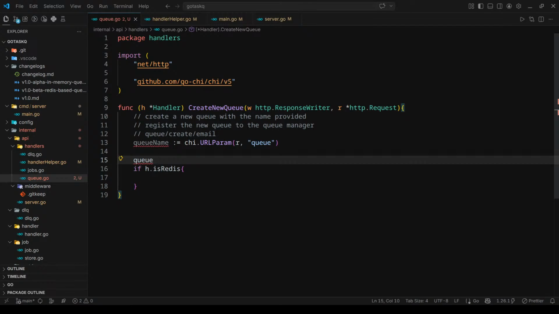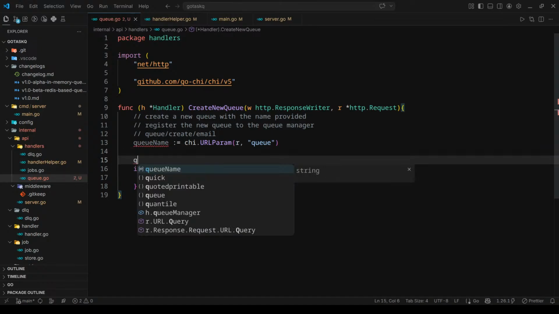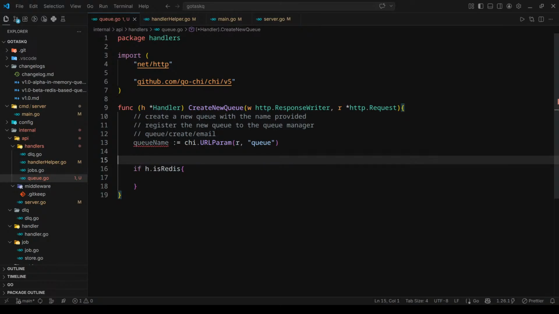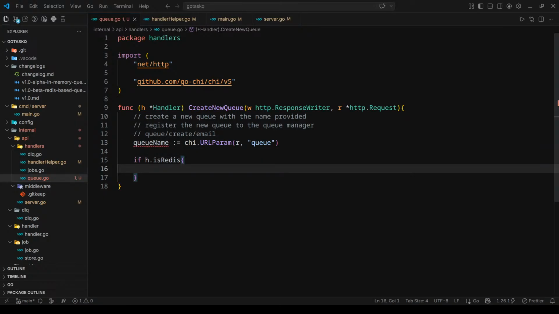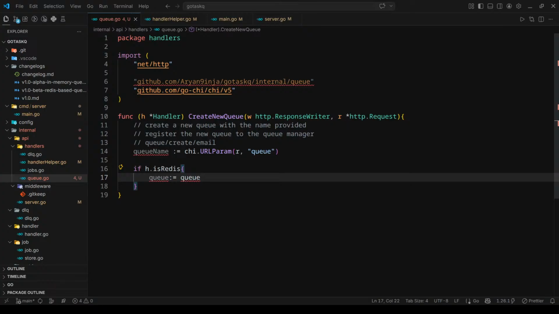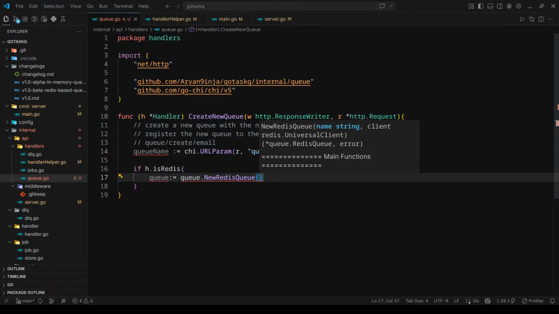Since I only want the type of the queue, you can have multiple types. It is based on Redis queue or it is not a Redis queue. So I can simply call if h.isRedis, I'll go with queue equal to queue.NewRedisQueue with a name which is a queue name